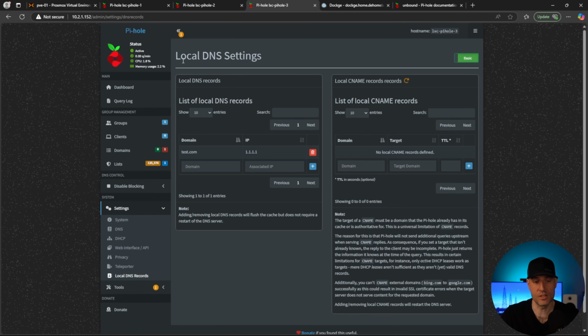So what's important to understand is that if you add something to the second or the third instance, it's not going to sync back to the first or any of the other ones. You have to manage everything through this one interface. So now that we have Pi-hole properly syncing from our primary instance to our secondary and our tertiary, what we're